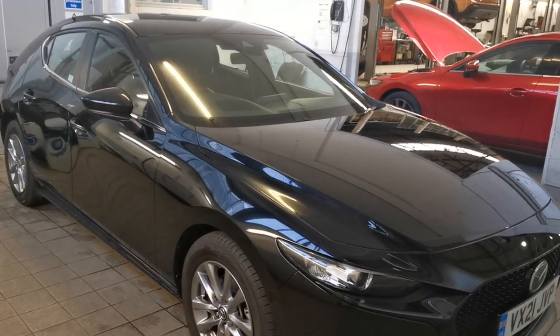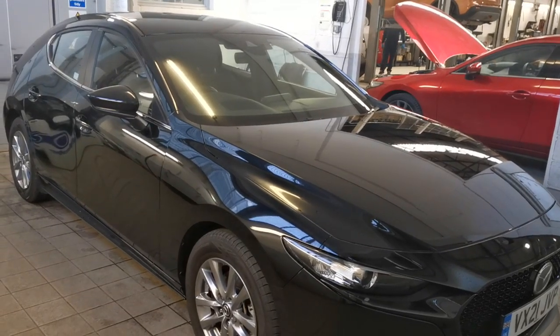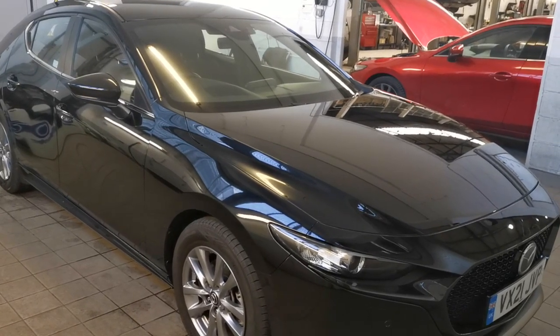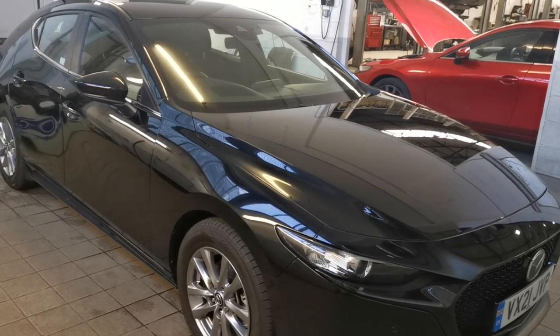Wonderful, wonderful vehicle. If you want to find out more about this Mazda 3 2-litre 122 PS SE-L Lux in jet black metallic, one owner from new, 10,430 miles, registered 15th of March 2021,